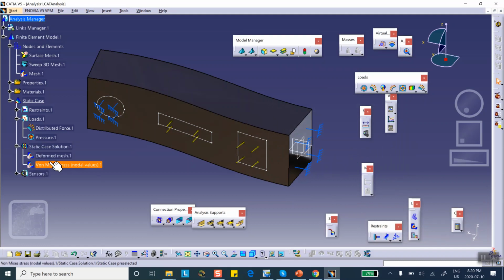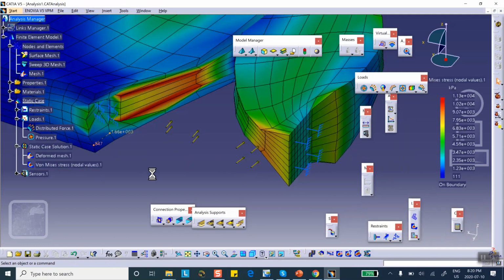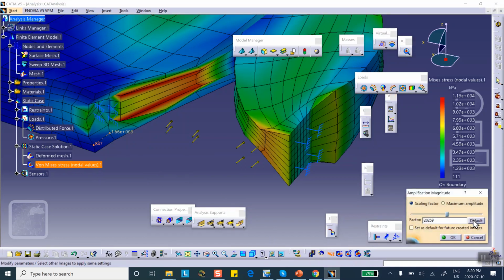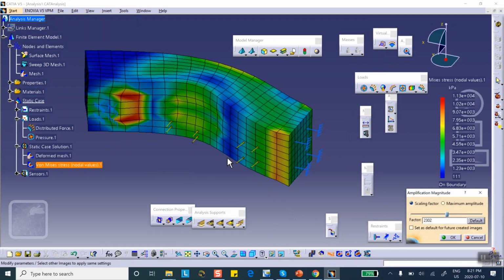Activate this. Okay, change the scaling to default. Scaling is down here. Amplification factor. There we are. So there's more pronounced. There's no more pronounced red area here. Now,